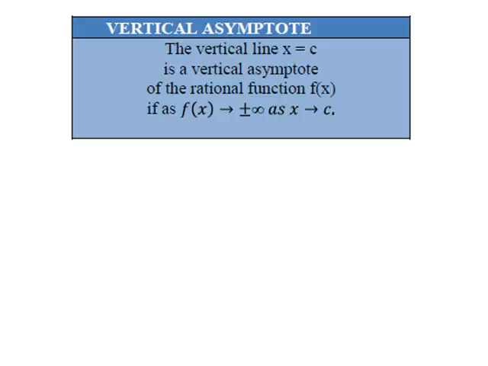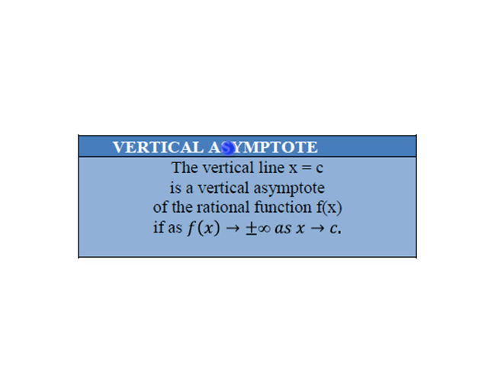Today we'll be working on vertical asymptotes with rational functions. As you can see, the vertical line x equals c is a vertical asymptote of the rational function f of x if f of x approaches positive or negative infinity as x approaches c. Now what that means is if you have a graph,